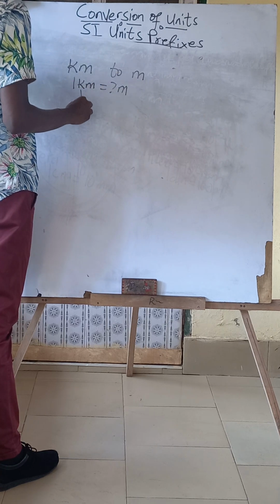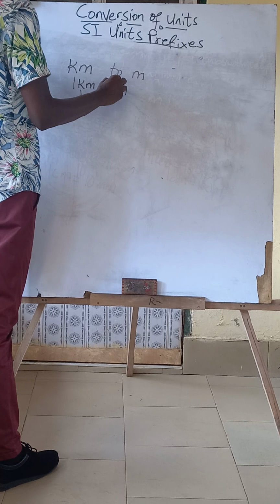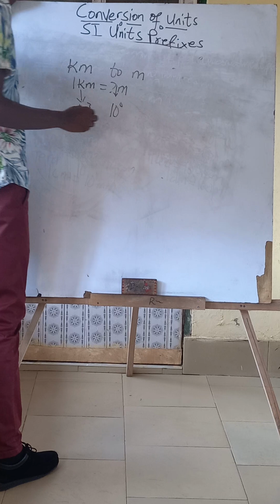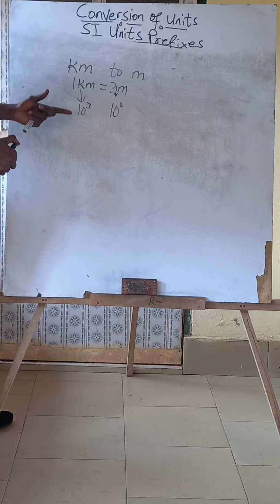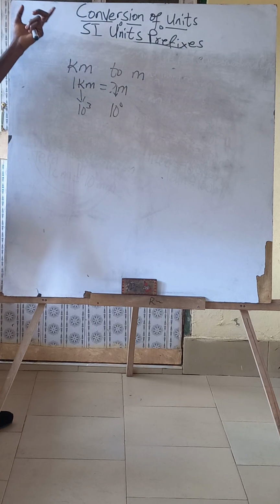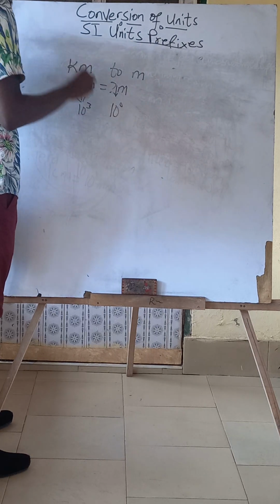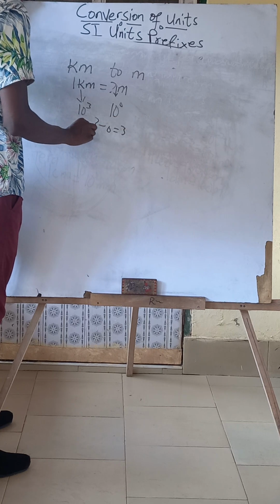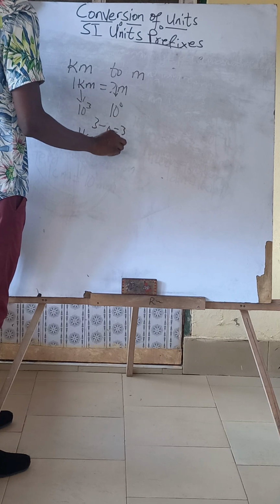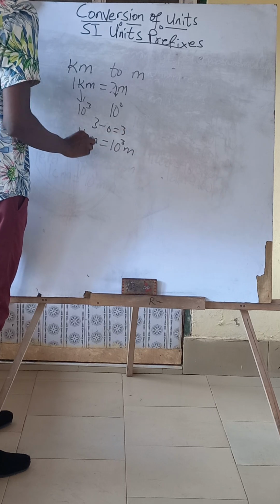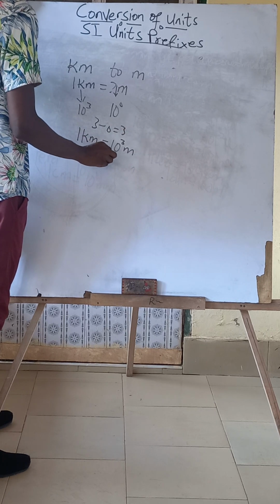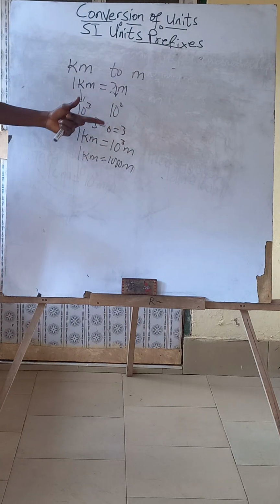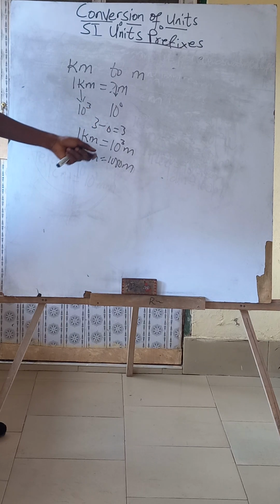Kilo means 10 raised to the power 3. And meter doesn't have any prefix. So consider that it has a value of 10 raised to the power 0, because 10 raised to the power 0 is 1. And because you are converting from one multiple to another multiple, you subtract the exponent. So 3 minus 0, which is 3. So 1 kilometer is equivalent to 10 raised to the power 3 meters. But 10 raised to the power 3 is the same as 1000. So you can say that 1 kilometer is equivalent to 1000 meters,